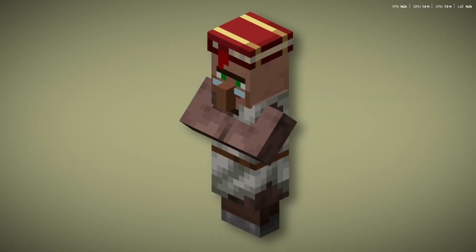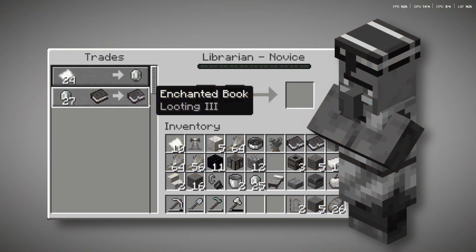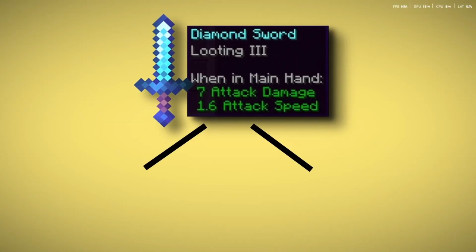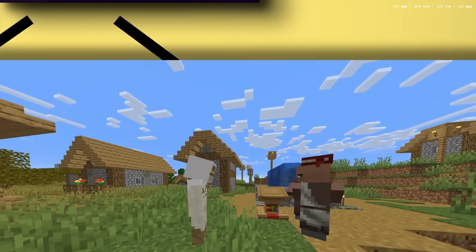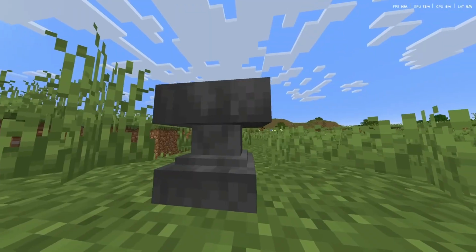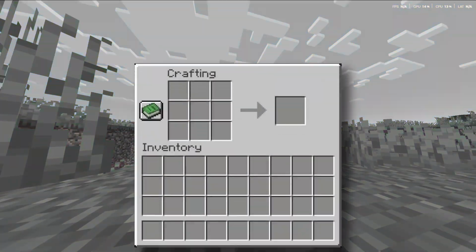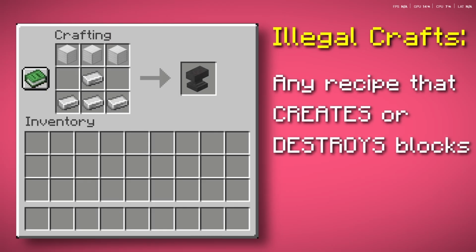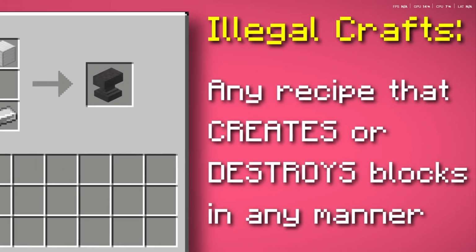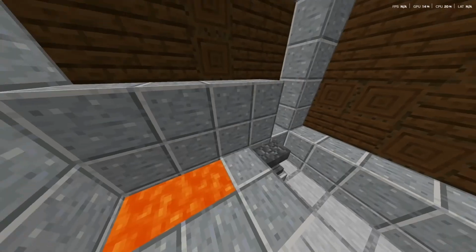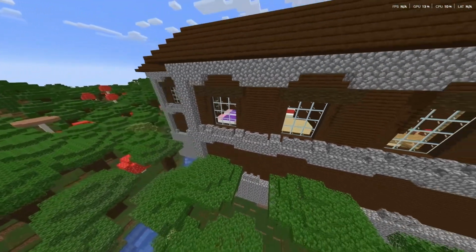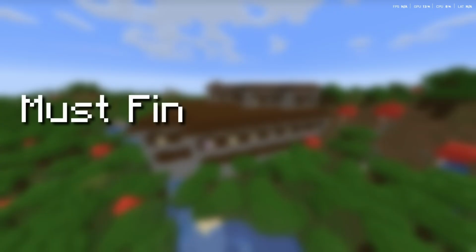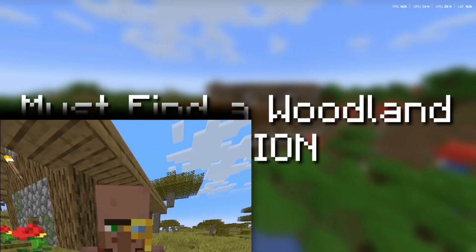I need a librarian to get looting 3, right? Well, let me explain. Right now, we're trying to enchant a sword with looting 3, but to do that, you need 2 things, a looting 3 book and an anvil. We can get a book without breaking physics with a villager, and you would think that the anvil would be easy to get, but look at the crafting recipe. Yeah, unfortunately, we cannot craft anvils because of the law of conservation, so we're gonna have to find one out in the wild, and the only place they spawn is in the forge room of a woodland mansion. So in order to have access to the anvil, we have to find a woodland mansion, and there's really only 2 ways of doing this.